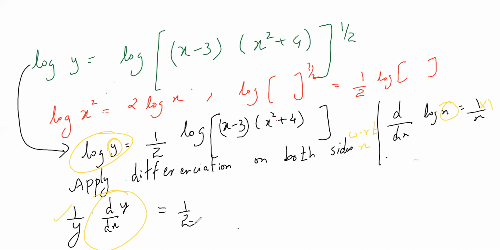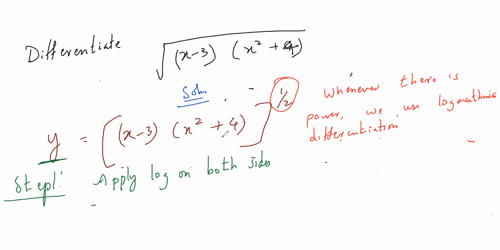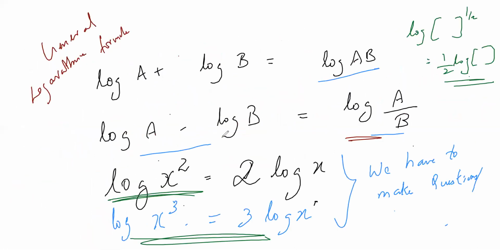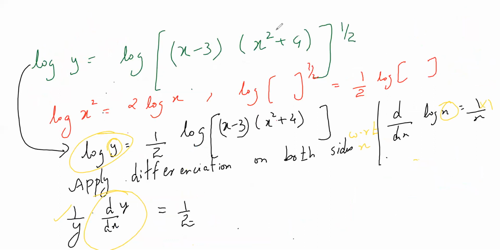half. Correct? Now what is this step? Log of x minus 3 into x square plus 4. Again coming back to our formula. There is nothing called I cannot differentiate this log x square thing. So log a plus log b is log ab. So what is my this particular thing? Log of ab. Correct? This side expresses what? Log a plus log b. Correct? So I'm just going to do that now here.